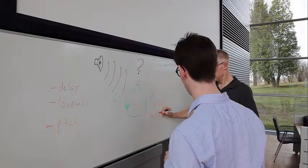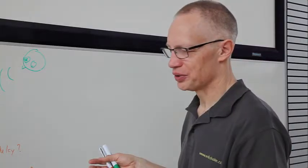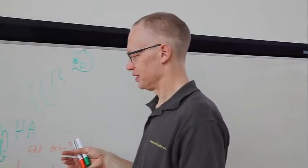Implant users have had their clinics where they went to have their implants fitted. Hearing aid users is a different healthcare system, and these two worlds are slowly coming together now. And what's been discovered over the years is that there is a good benefit from having even a small residual hearing with a hearing aid on one side combined with a cochlear implant on the other side, where the implant provides audibility and the hearing aid will provide some pitch and temporal fine structure cues that are really important, especially in